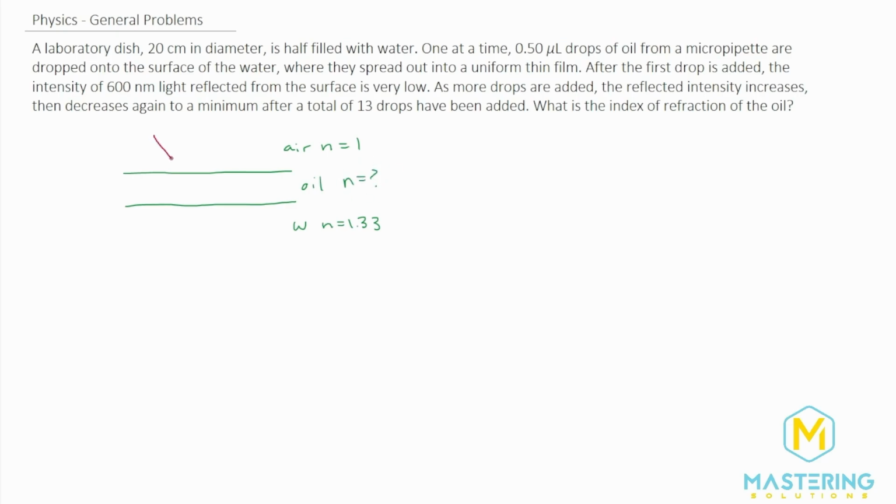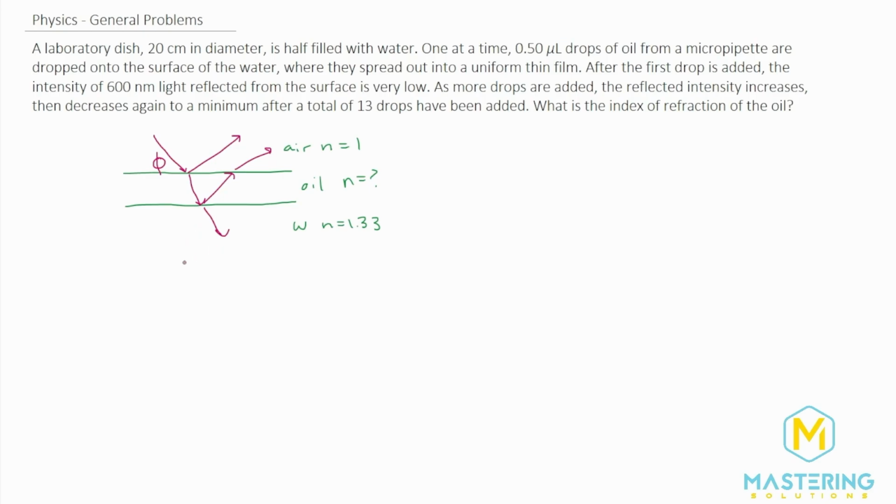When we have light coming in, some light gets reflected off, and some gets refracted in or transmitted. We're going from a lower index of refraction to one we don't know. Even though we don't know what the n is, it's not going to be less than 1, and so we're definitely going to have some sort of phase change here. The question is, are we going to have a second phase change right here? Some light will get transmitted, some will be reflected, and this is what it'll look like. We just need to figure out if there's a phase change there.